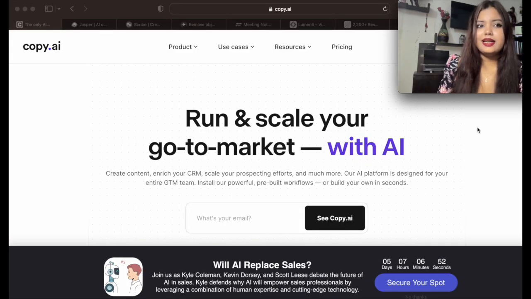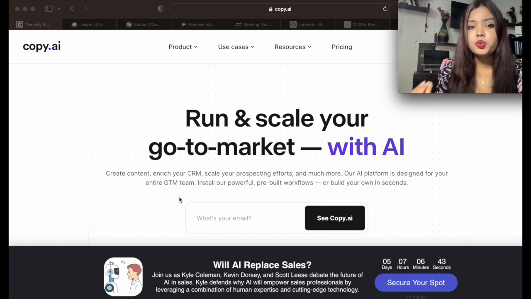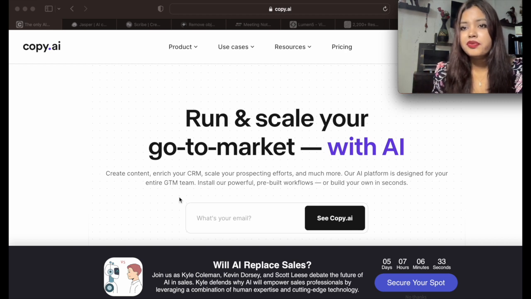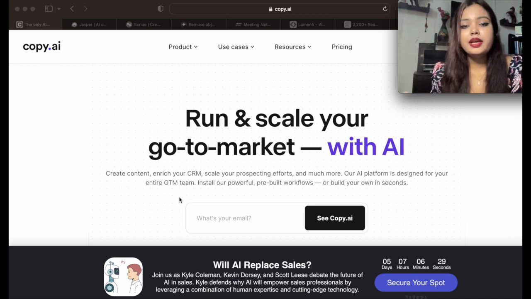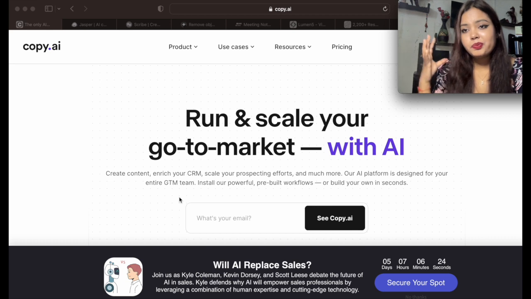So let's get started. First tool is copy.ai. ये क्या करती है, ये कंटेंट क्रिएशन का काम करती है. आप कोई सा भी प्रॉम्प्ट इस टूल को दोगे, that will write the whole content for you. Maybe you will give a prompt to write a job description, or write a resume for maybe सॉफ्टवेयर इंजीनियर, और maybe आपको कुछ भी ऐसा कंटेंट जो लिखवाना है, then you will give a prompt, and automatically the whole content will be generated.